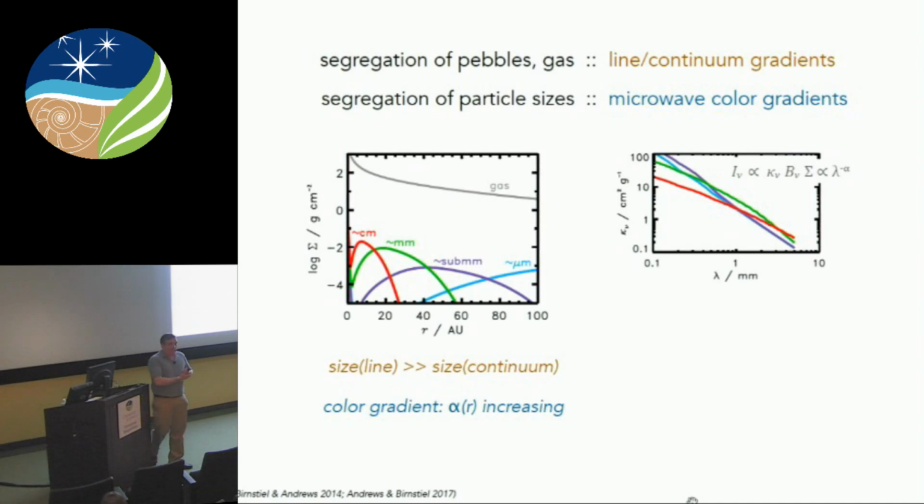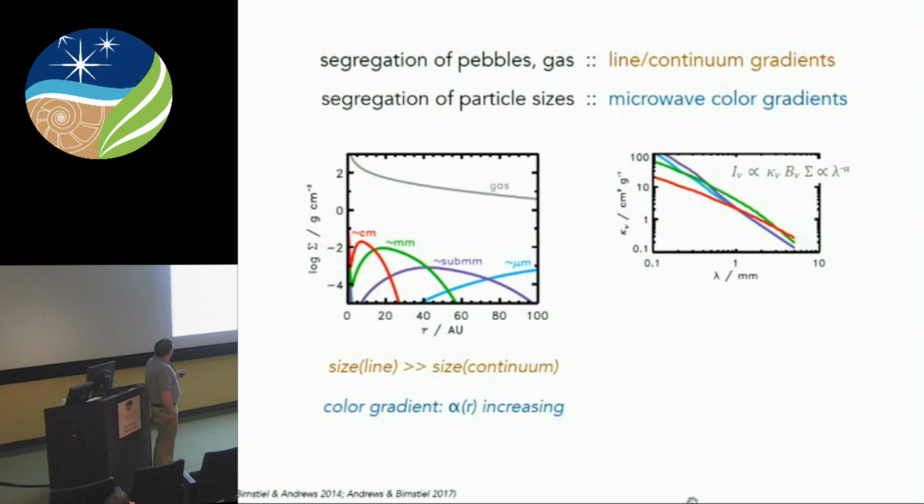So if you actually look at the emissivity for grains of different sizes, you see that the emissivity spectrum, which I'm showing here, changes. This is the emissivity spectrum, and these correspond to different particle sizes. In the microwave bands, the emissivity spectra are basically power laws, and larger particles are flatter. They have flatter emissivity spectra, and that's just because you have more emission by larger particles effectively contributing to the emissivity function.